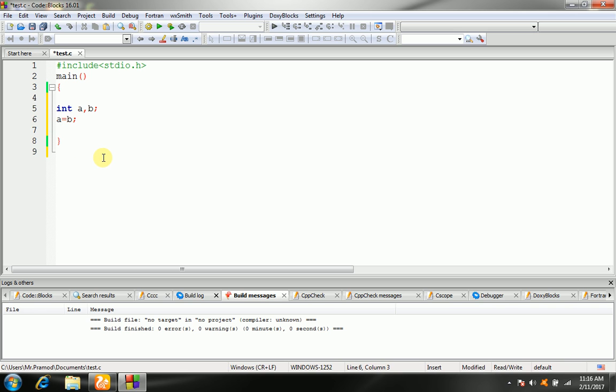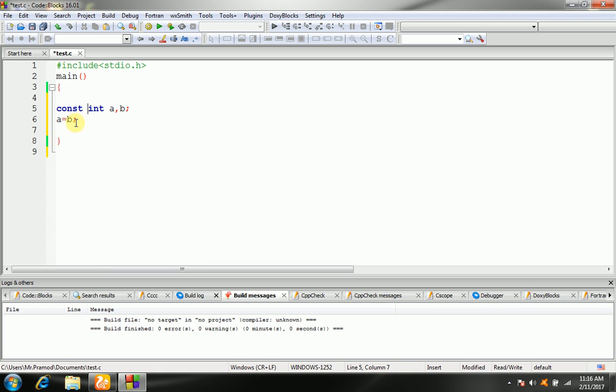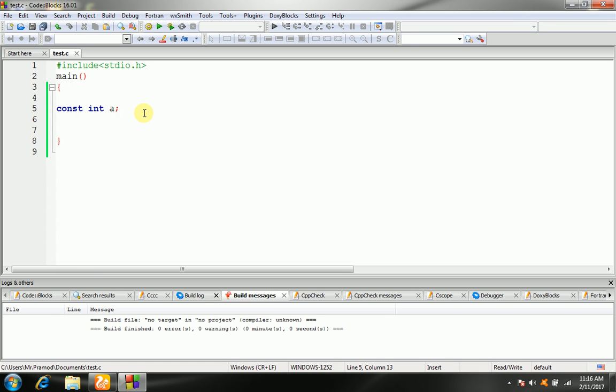If we declare a constant with the help of the const keyword, const int a, this is the right way it will be executed.